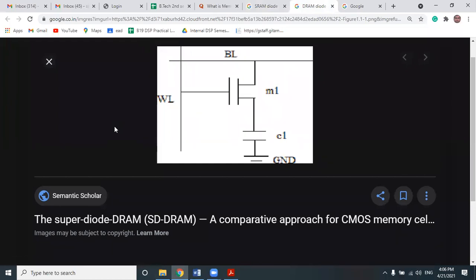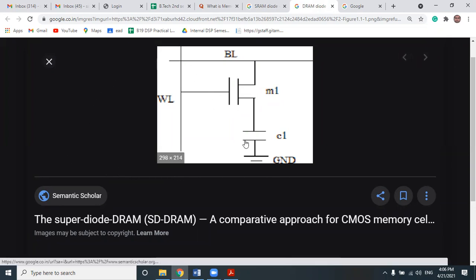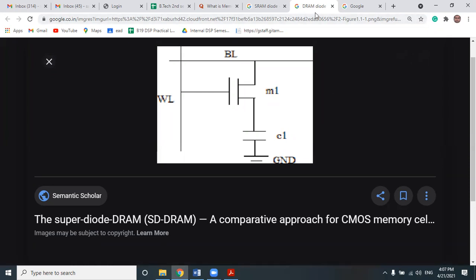Static RAM and dynamic RAM are both volatile, but in static RAM, while the power is on, all the data is stored fully, or permanently, until the power is off. Whereas in dynamic RAM, even while the power is on, it leaks the data or information due to the internal capacitor structure of the circuit. This is the major difference between static RAM and dynamic RAM. So this is all about the RAM chip.